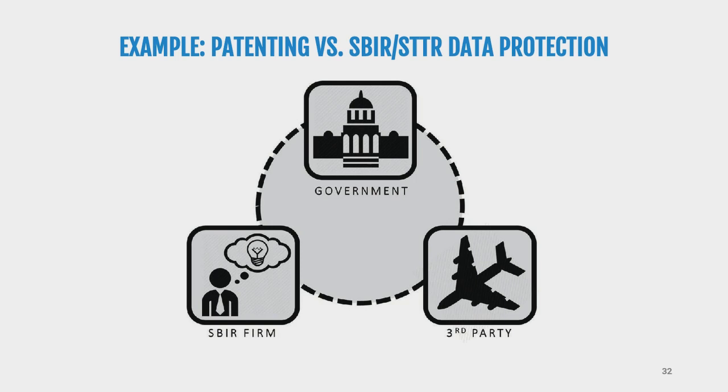to this third party. This means if your potential deal with the third party now breaks down, no commercial deal has been reached, the government itself, especially if it finds out that you did this, is no longer under this non-disclosure obligation and can legally and rightfully share your data with a third party for them to create that technology instead of you. Now, lucky for you, you're able to sit here and listen to all this information about SBIR data protections and patenting, etc.